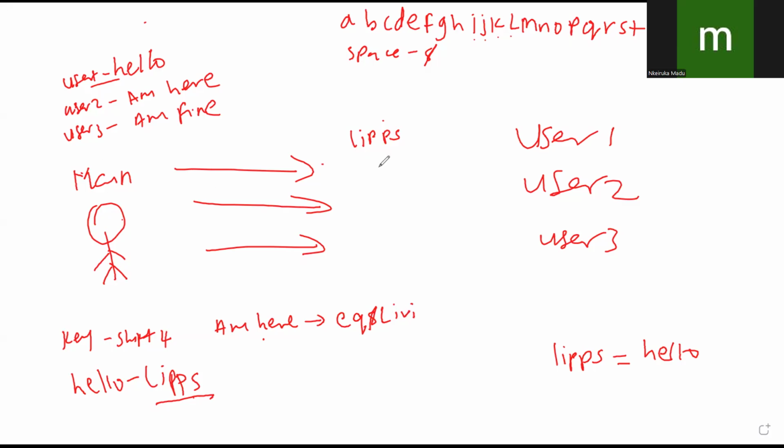So when the main person is sending the message, he's going to send EQ ampersand LIVI to user 2. So this is what you will send to user 2. User 2 will use the same algorithm and the key to be able to decrypt it when they receive the message. So if you want to decrypt that using the reverse process,